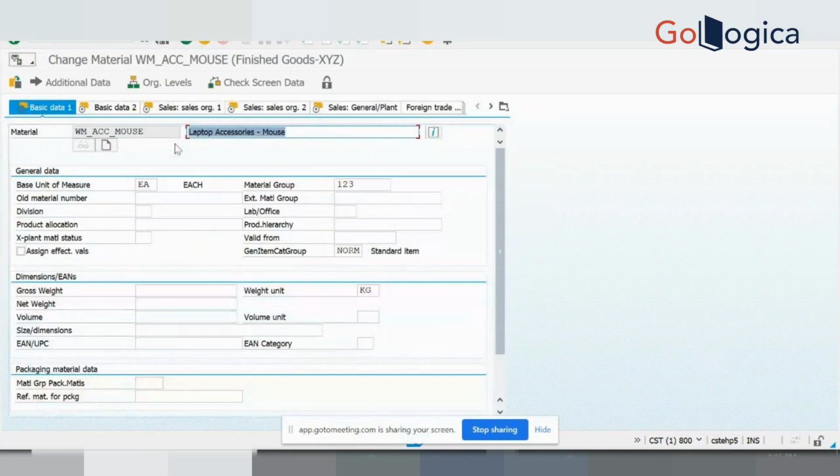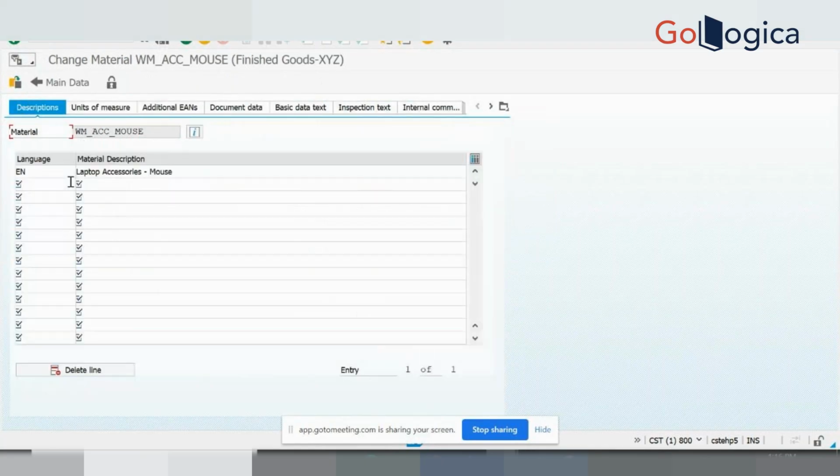Generally, if the alternate description is not maintained, then because it is a German sales organization, it will look for it. In the material master configuration setup, they might have made this a mandatory selection, so that is why it is not coming up. So once you maintain the description,